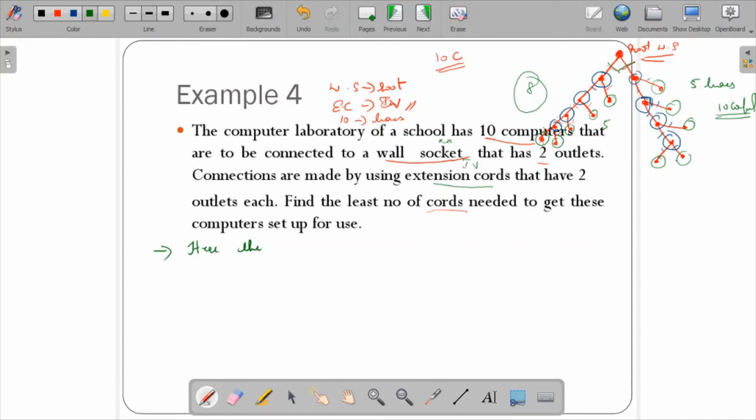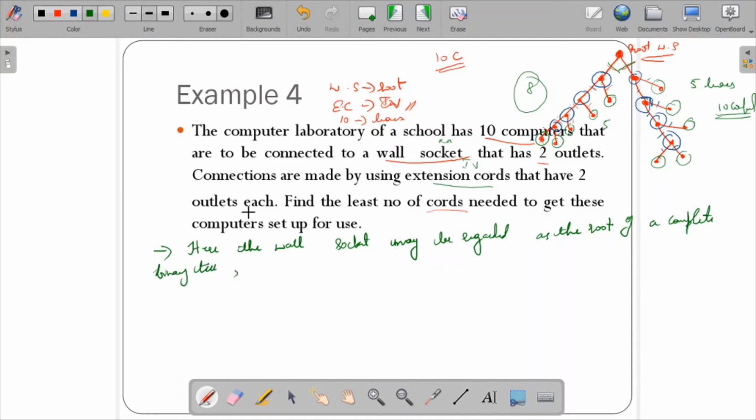Here the wall socket may be regarded as the root of a complete binary tree. Why is it a complete binary tree? Because it has 2 branches, like a complete binary tree,